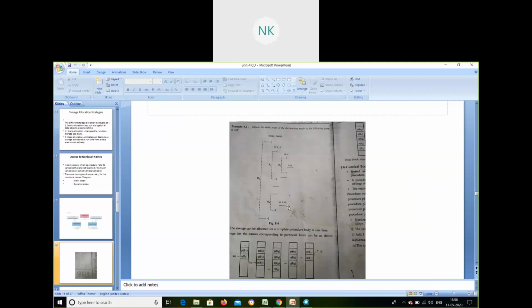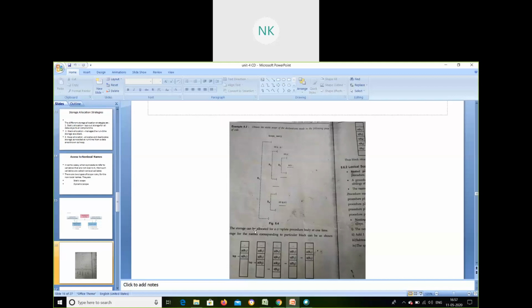So how is the storage allocated in memory? Let's see that. The storage can be allocated for a complete procedure body at one time. Here it has been split into a number of fragments. Initially, P of procedure B1.